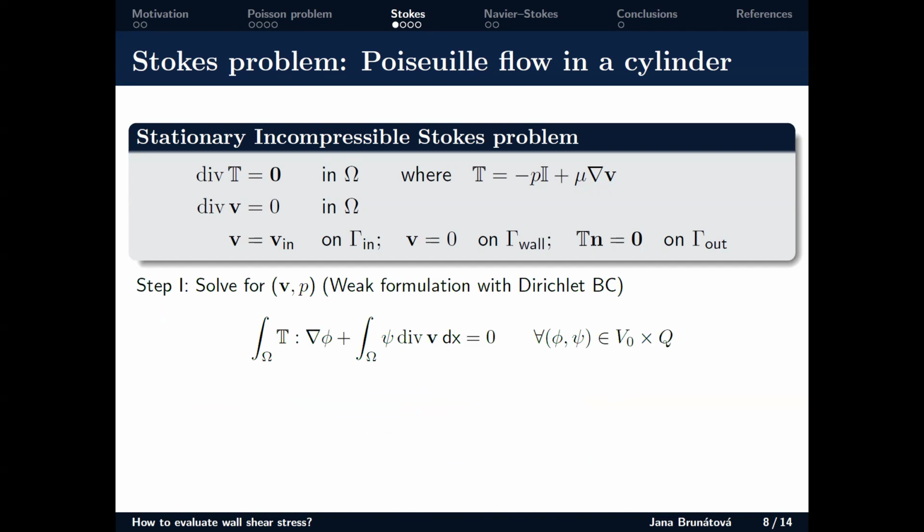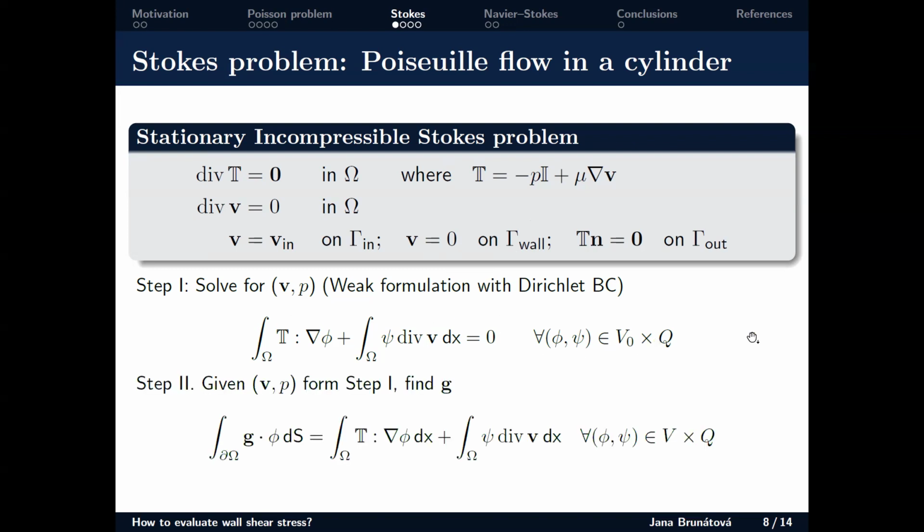And let's do the same procedure as before, but with this problem, with 0 velocity on the walls as before. So this is the weak formulation. So step 1 is to solve for velocity and pressure. And step 2 is to use velocity and pressure from step 1 and seek G, the Neumann boundary condition,